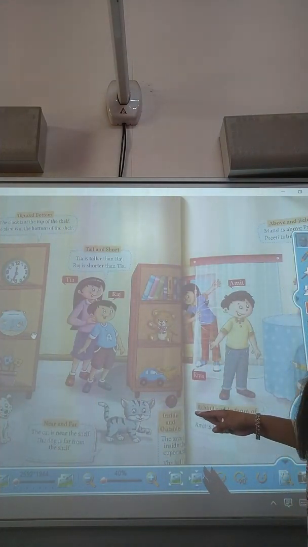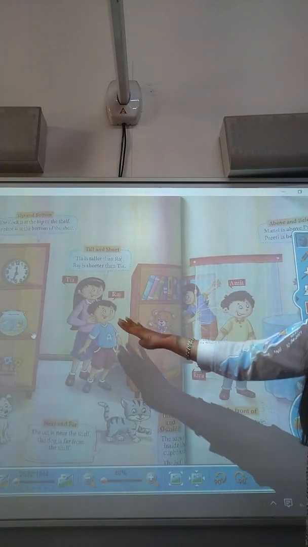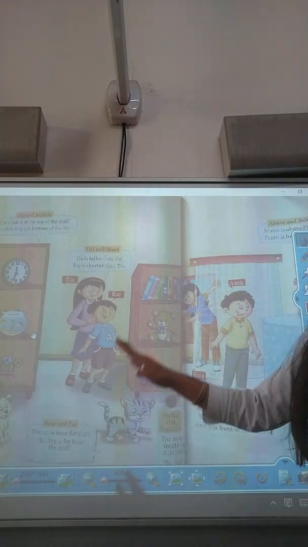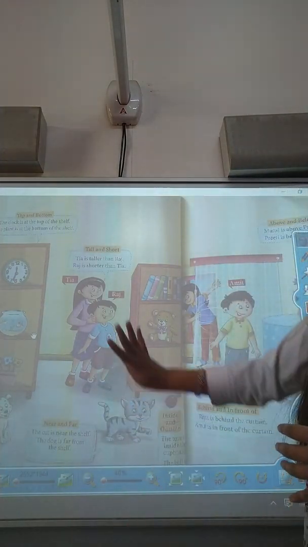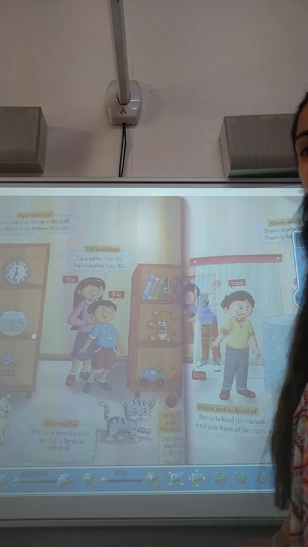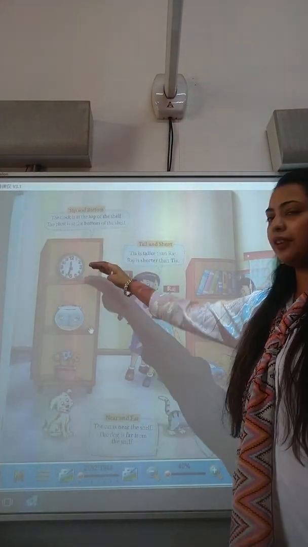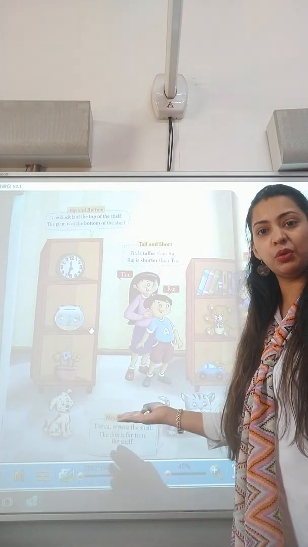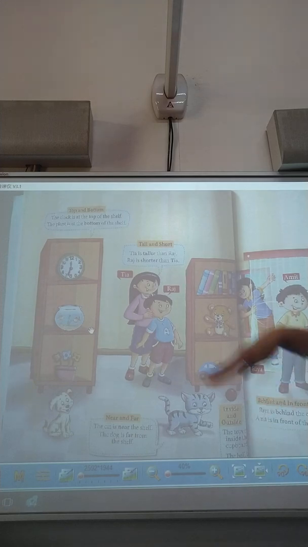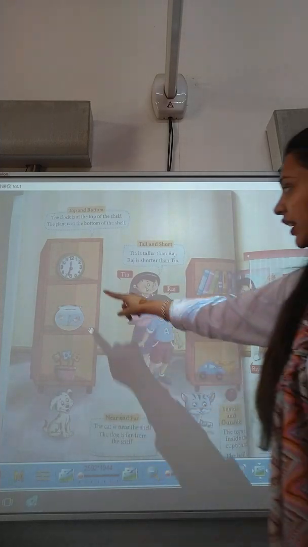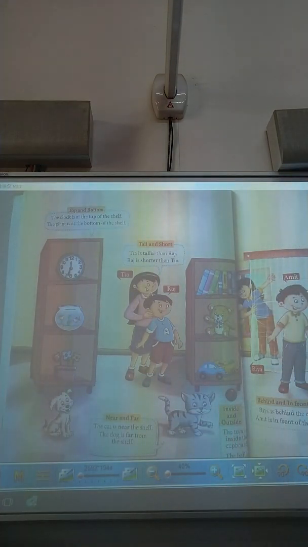This is your maths book page. Over here we are seeing that Tia is standing with Raj. This room is of Tia and Raj. So I am going to discuss more position words with the help of this page. Kindly look over here. Over here in one cupboard there are few things kept. As you all can see, एक ही page पर they have shown few things in one cupboard, where there is a clock, there is a fish aquarium and then there is a flower pot.